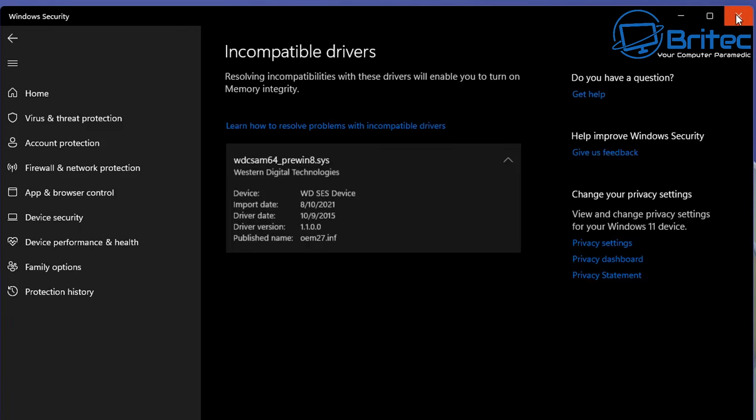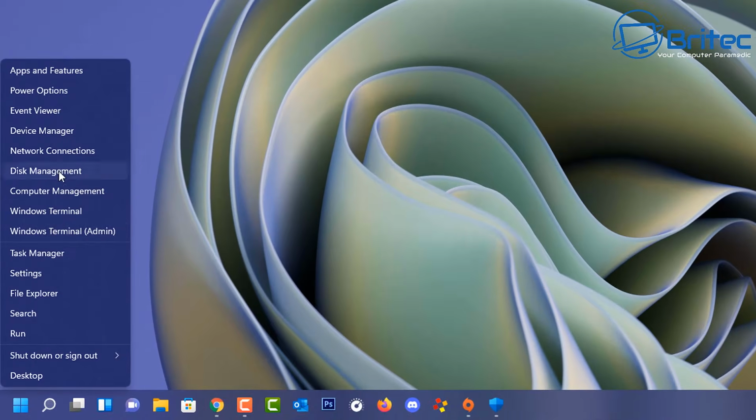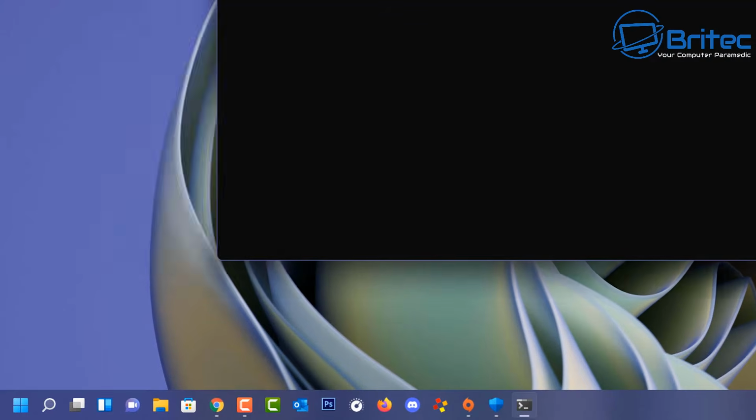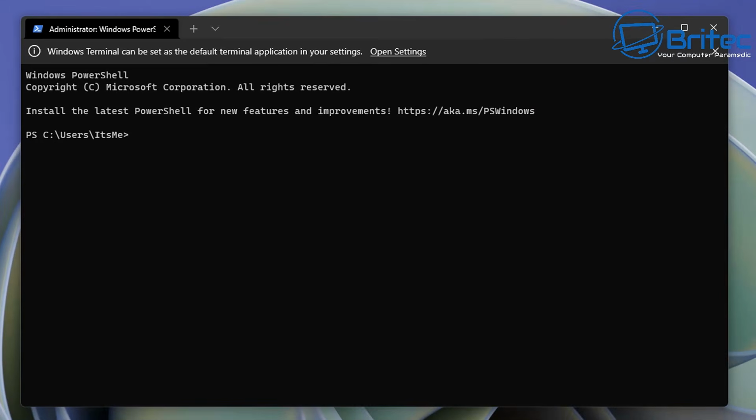So you can try the manufacturer's website to see whether there is an updated driver available, and if there isn't, then you'll be able to uninstall this driver, which Microsoft doesn't recommend, because there's a strong possibility that the device that requires that driver will not function correctly. So if you do want to uninstall it until you get a new driver, or you do want to uninstall it anyway, just so you can have the setting enabled, you'll need to do this: